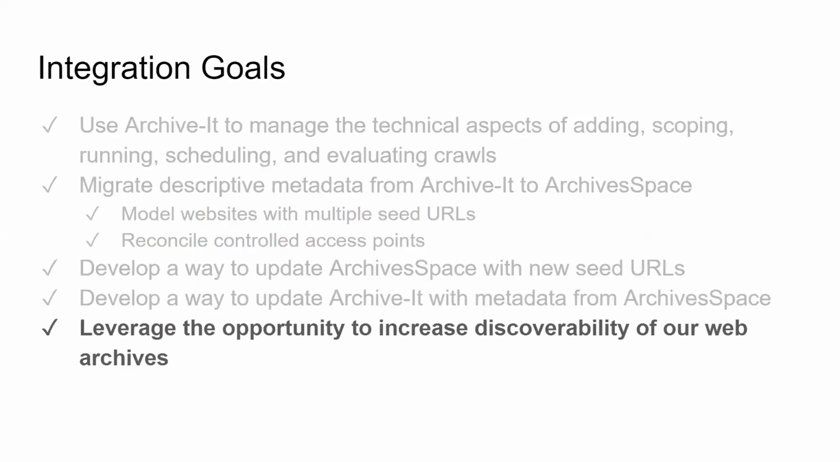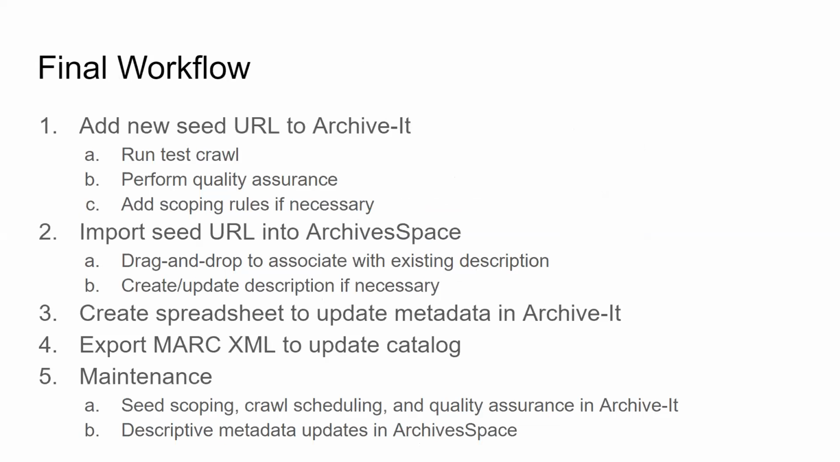So we've leveraged this opportunity to increase the discoverability of our web archives. Our final workflow, as I've walked through, is that we add a new seed URL to ArchiveIt, perform all of the testing and quality assurance there, import that seed URL into ArchiveSpace, create or update description, and